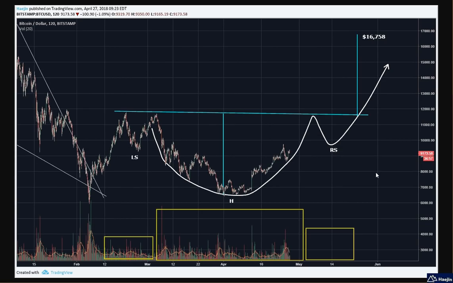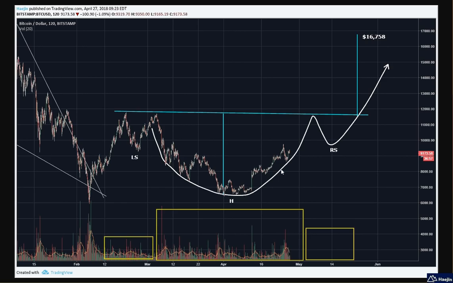So again, another way to look at it is here's the 2 repel points from the 11,800. This, I think, could have made the left shoulder. The rounded bottom is making the head, or the head part of the head and shoulders bottom, the inverted head and shoulders, which is very bullish.